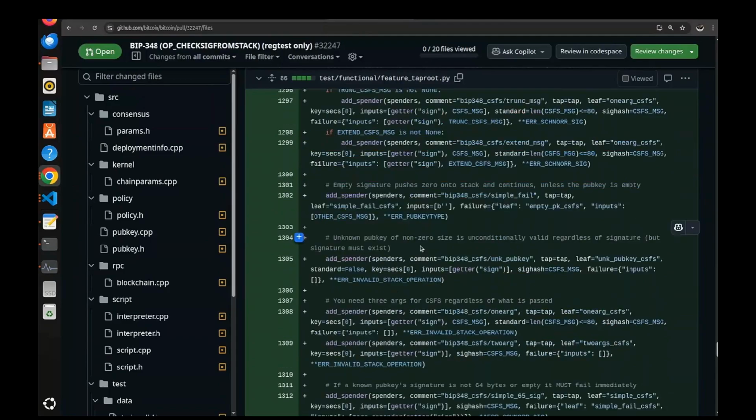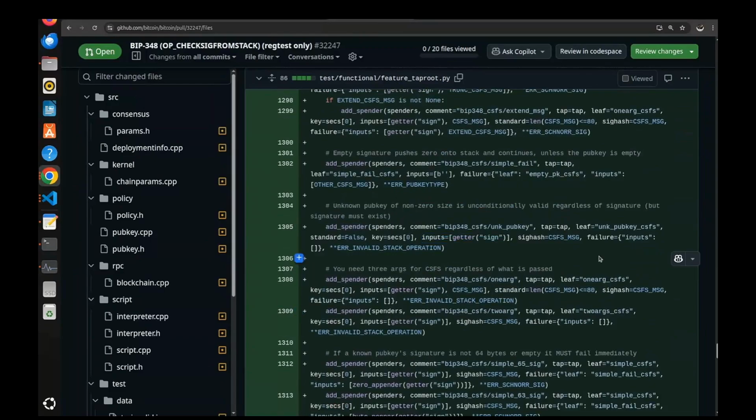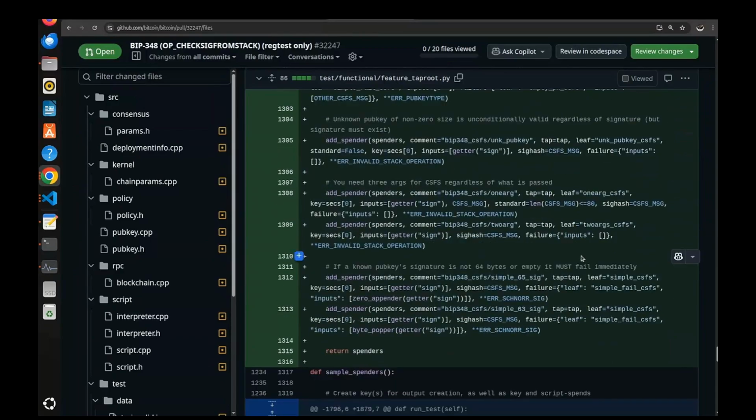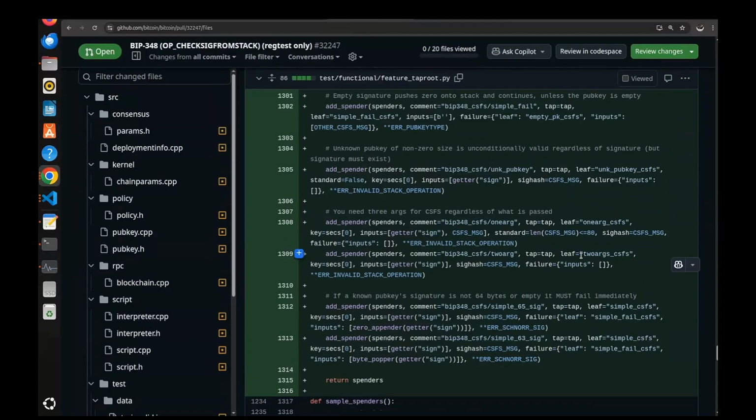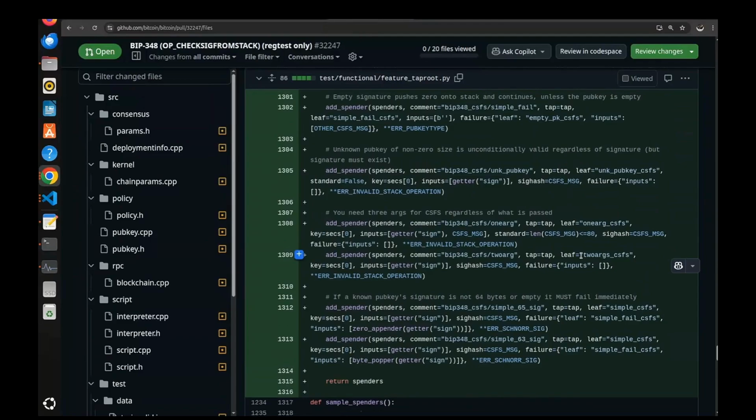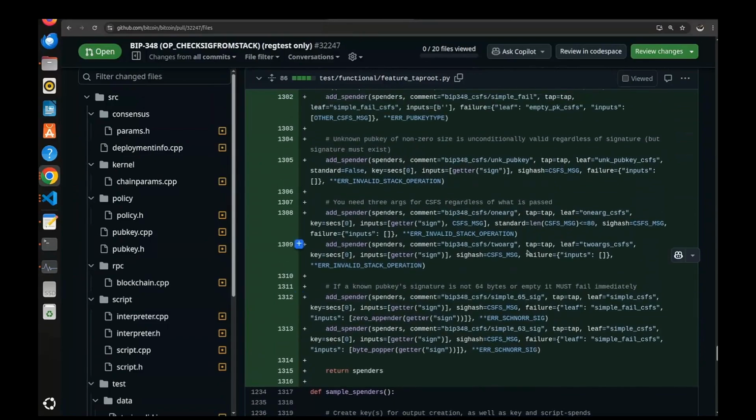So these spenders are passing the input here, nothing else, and this will check if it's failing as expected or not, and what are the errors we will receive after failing. So if the stack fails and gives us these error codes, that means our script is working fine. Otherwise, it's not. So this will compare the errors with these error codes,